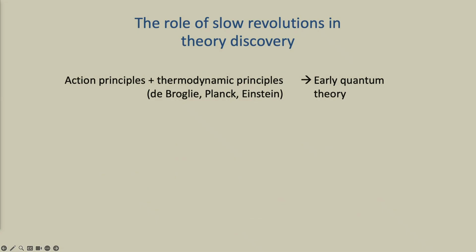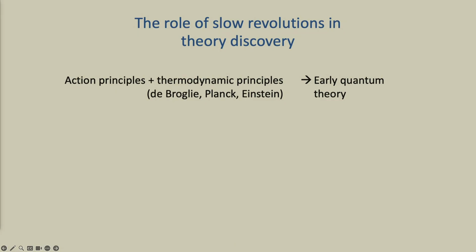So like the examples of revolutions that came about in this way, if I look at early quantum theory, it came from thinking about action principles. So this was de Broglie's work, where he saw the analogy between the principle of least action in optics, which is Fermat's principle, and Maupertuis's principle in mechanics. And he knew that ray optics was an approximation of wave mechanics. And he said, well, look, if this principle of least action holds in both cases, then shouldn't there be something like wave mechanics over here in the matter sphere? So if we'd never had least action principles and we didn't have Fermat and Maupertuis principles, he wouldn't have seen that analogy and we might not have had wave mechanics, right? So it's the principles that were key to thinking that through.